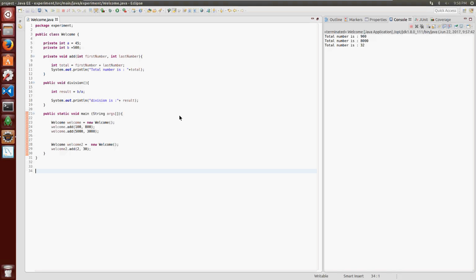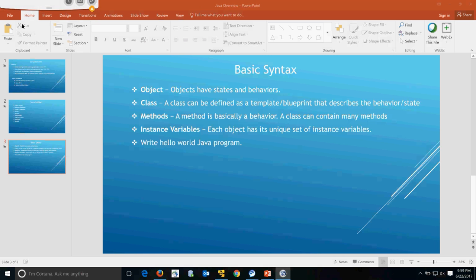Okay. And did you have any problems installing JDK or Eclipse yesterday? Or is everybody good, or does anybody have any problems? No, sir. From